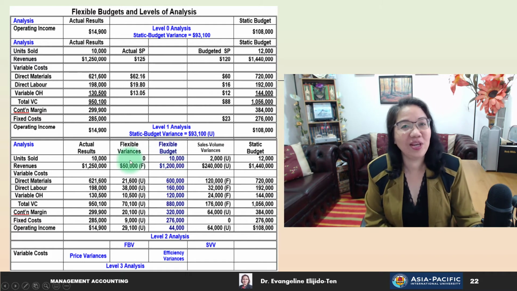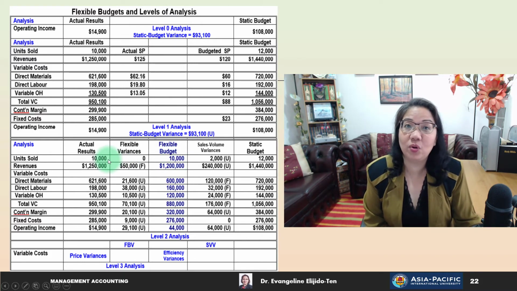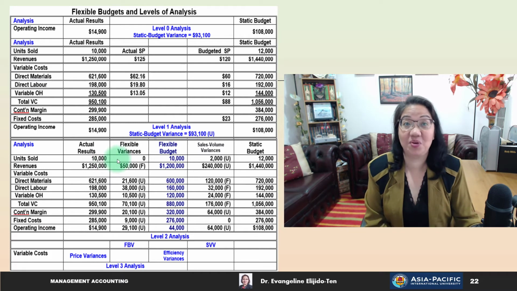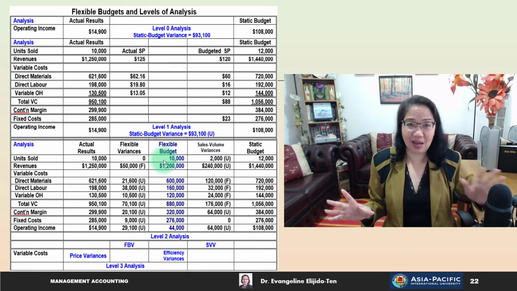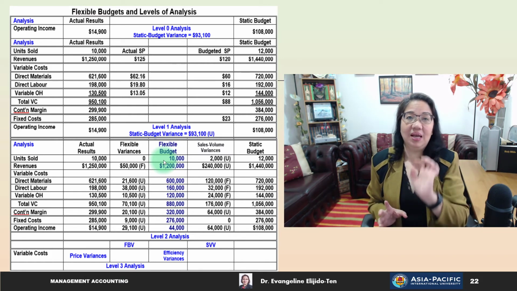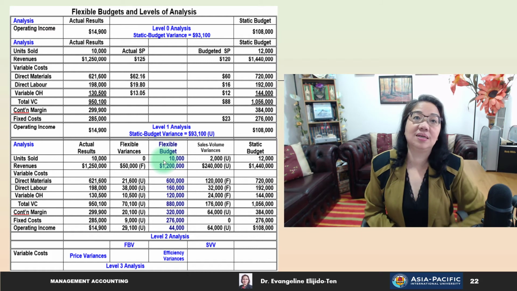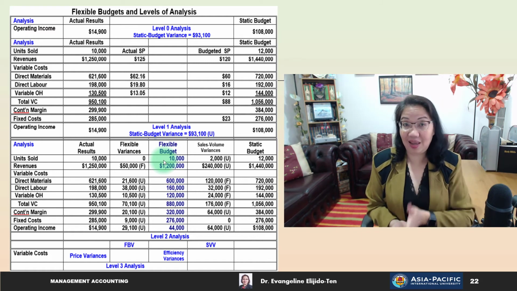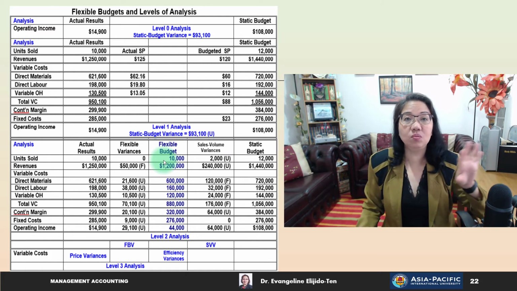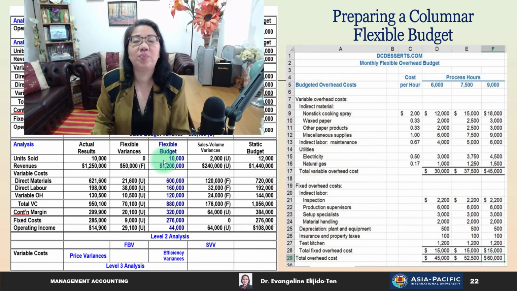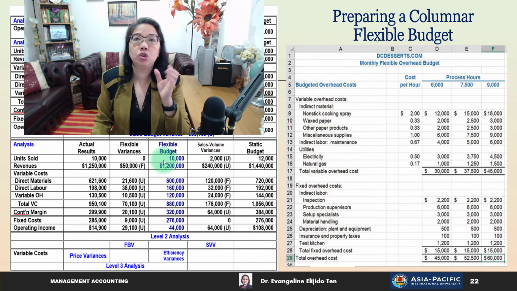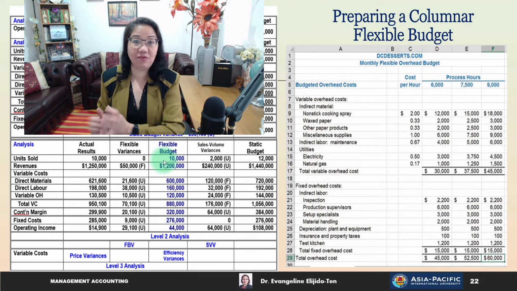So when would we know what is the actual volume? Only once the period is over, isn't it? So whilst the other budgets are prepared ahead of time as a planning tool, flexible budgets are actually prepared at the end of the period, and this is more used as a controlling and evaluating tool. Having said that, flexible budgets can also be used to plan what would be the costs at different levels of